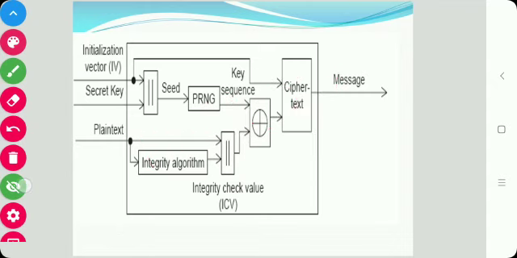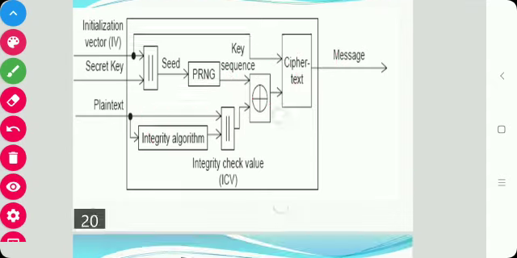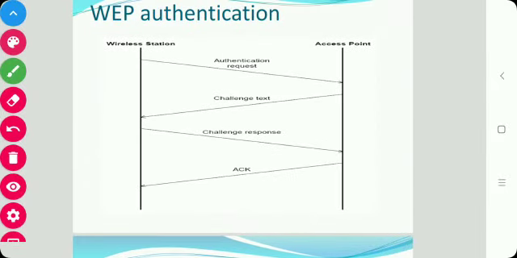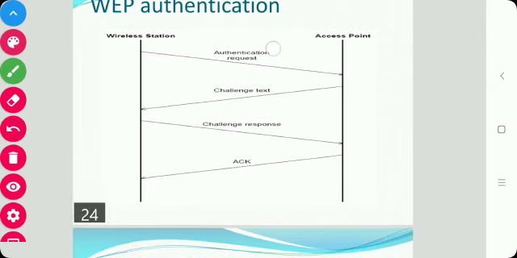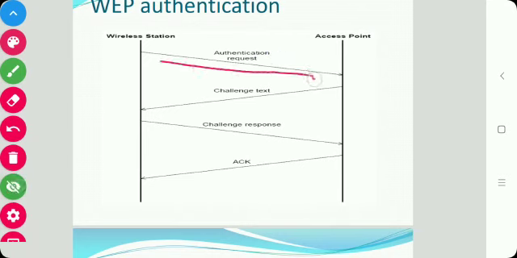Okay, next is WEP authentication. In this, the wireless station sends an authentication request to the AP. Then the AP sends the challenge text T to the WS. The WS sends the challenge response, which is the text T encrypted with a shared secret key,